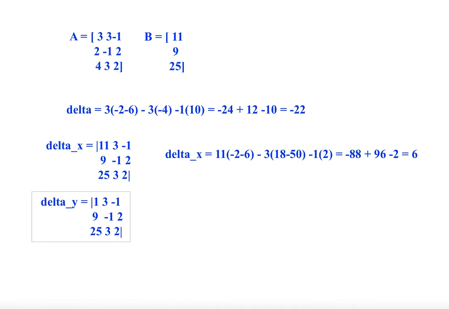right, this is same. Okay, you need to replace only the second column. Okay, 3 with the corresponding elements, 3 with 11, minus 1 with 9, 3 with 25. Okay, in the second column. First column you have to keep it as it is, that you shouldn't forget. 9 here. Okay, what about here? Here it is 4 only. Okay, third element is going to be 25.